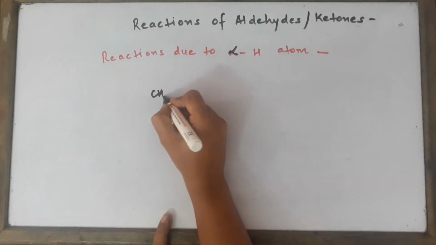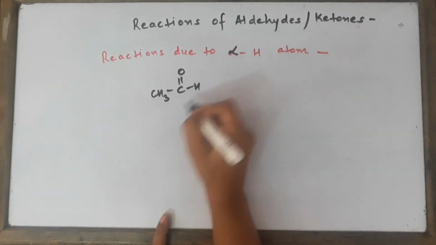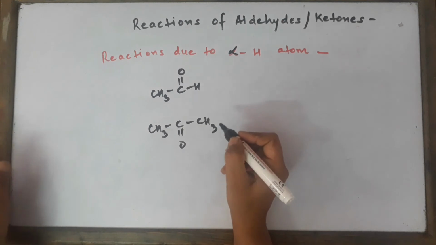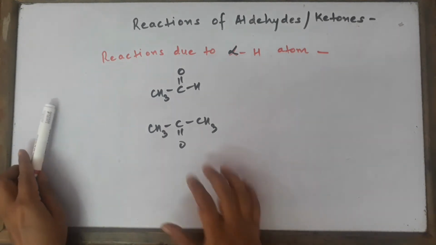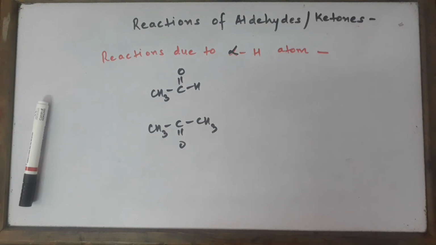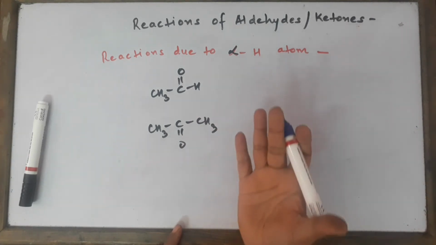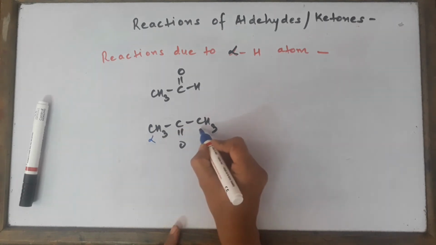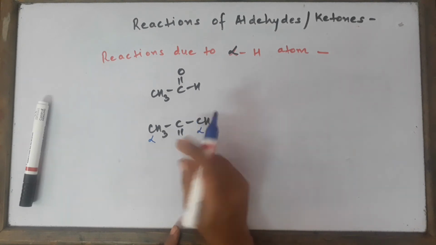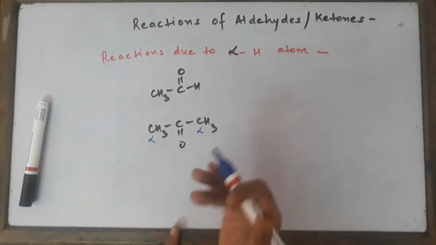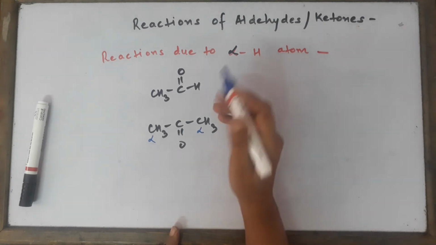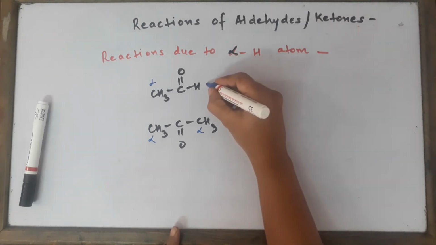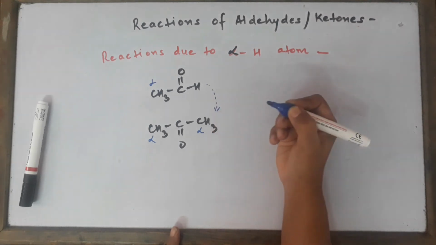Let's see. I'll be taking the example of one aldehyde and one ketone and explain how we can predict the products over here. First of all, you find out the alpha hydrogen atoms, and as many types of alpha hydrogen atoms as you have, that many products can you form. So here we can see this is my alpha hydrogen atom and this is another alpha hydrogen atom because they are attached to the functional group, and both of them are of the same type. So there is only one type over here, and similarly here also we have one type. So let's assume that the first molecule attacks the second one first of all.